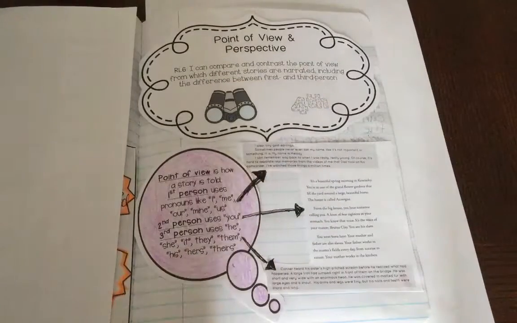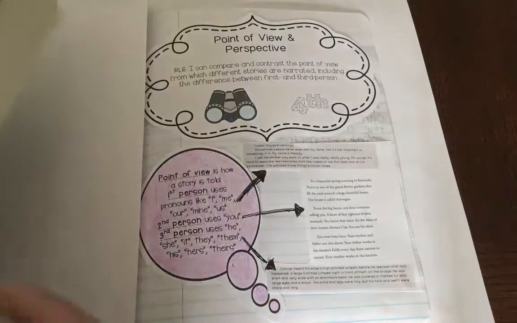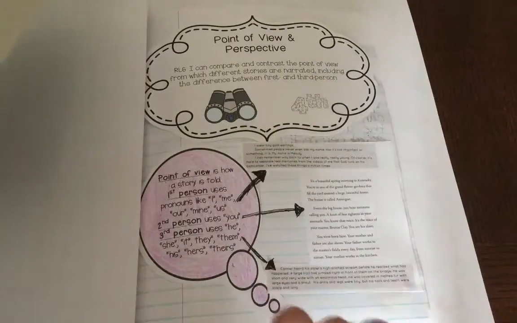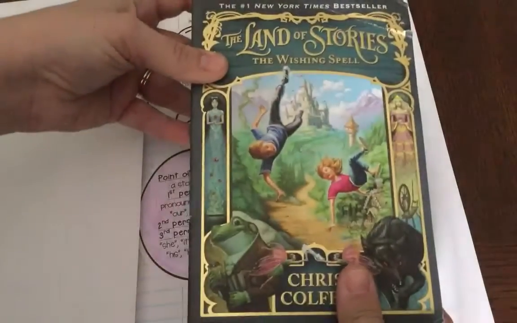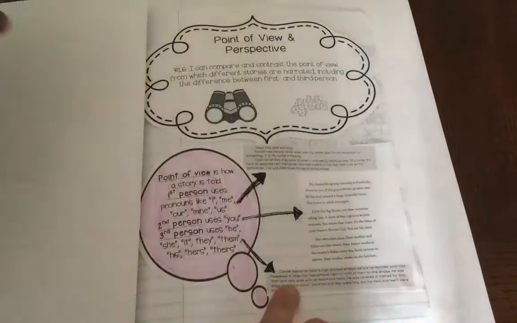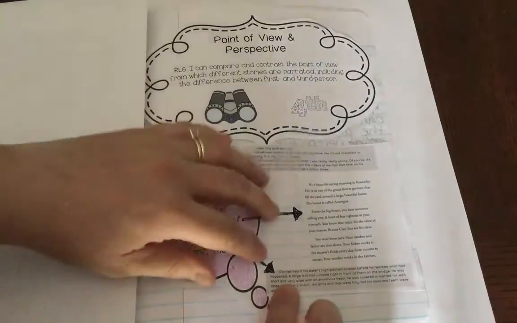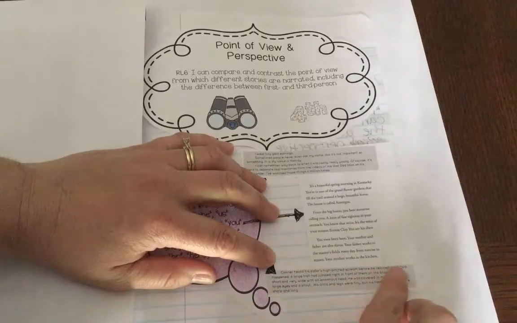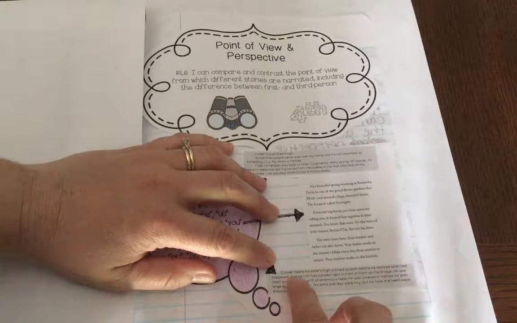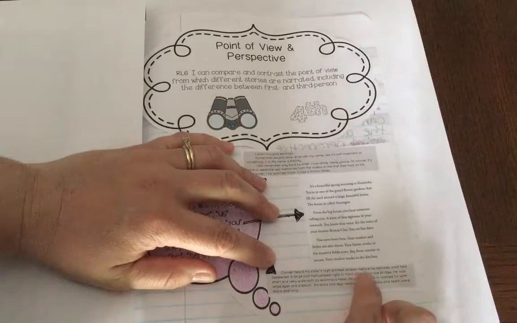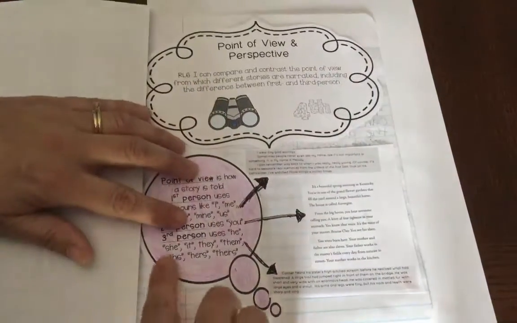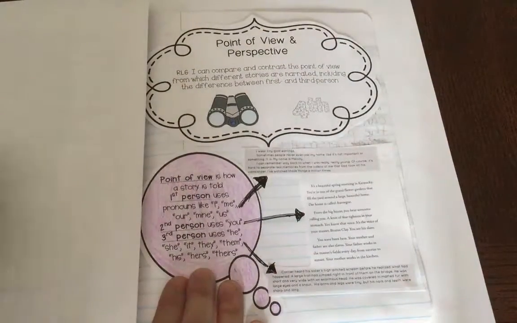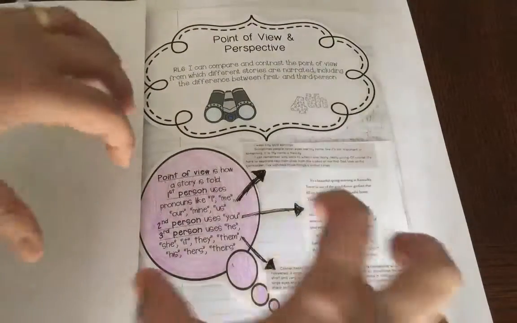A third-person narration is where a narrator is speaking of characters. Land of Stories is a great example. This excerpt comes from Land of Stories. Connor heard his sister's high-pitched scream before he realized what had happened. A large troll had jumped right in front of them on the bridge. And so these types of pronouns and the characters' names tell us that the person telling the story isn't actually